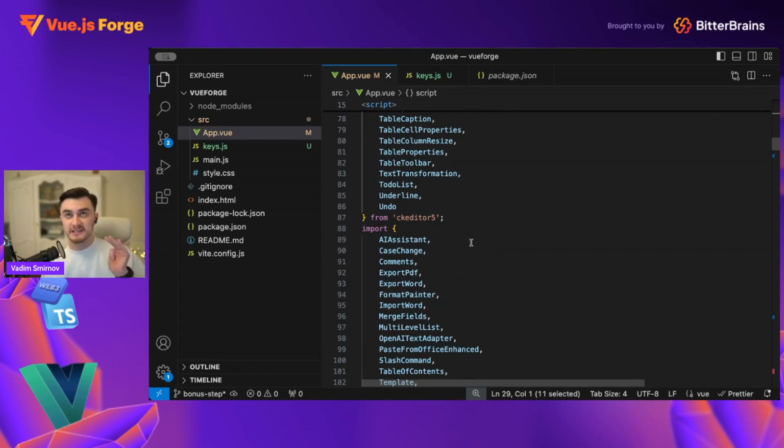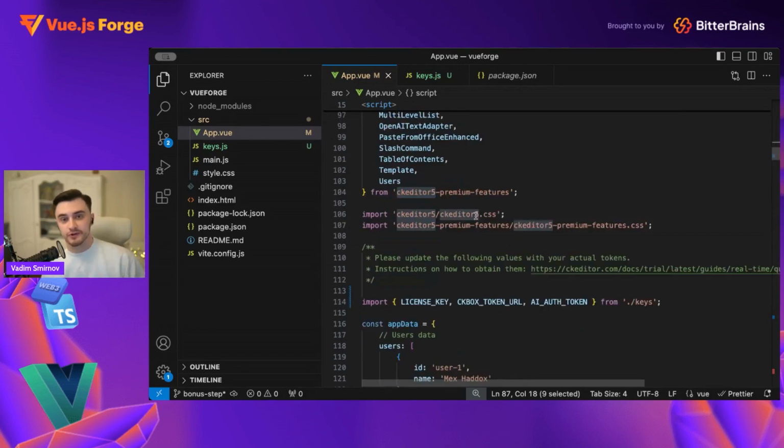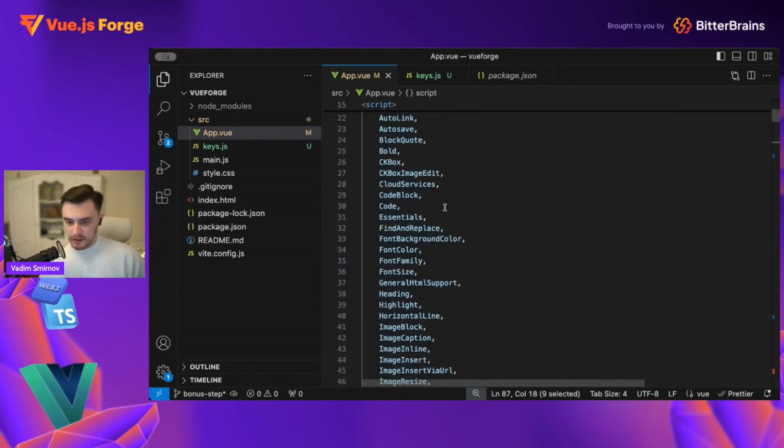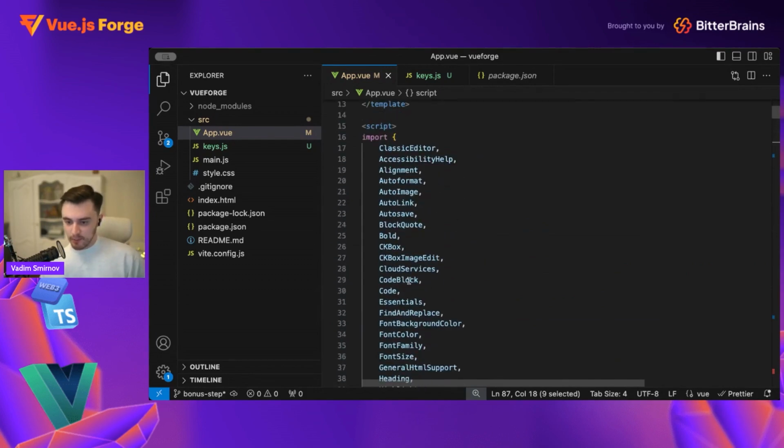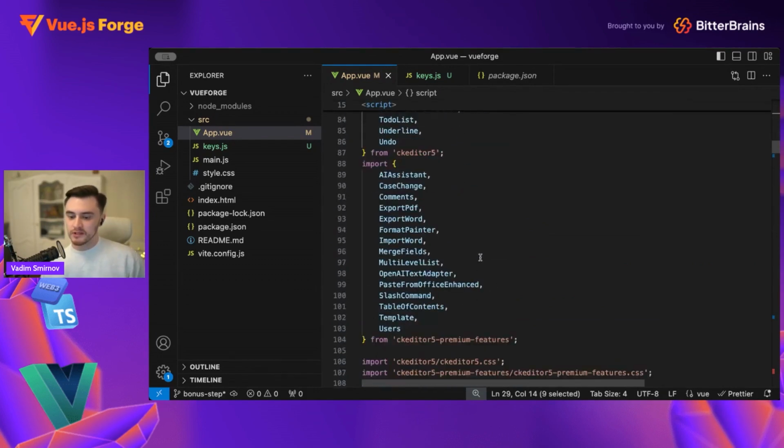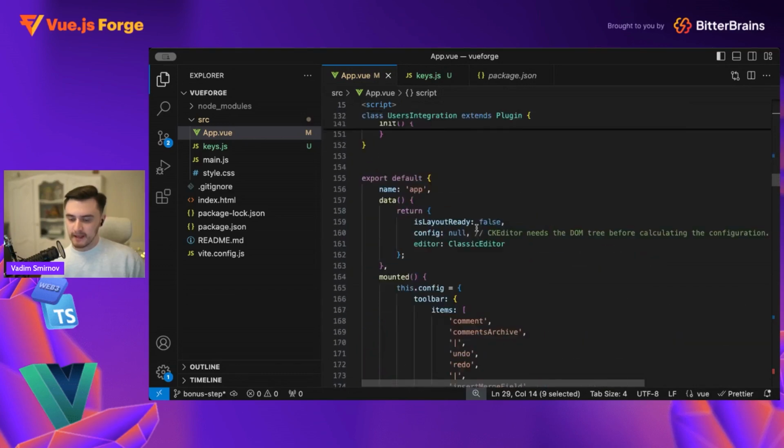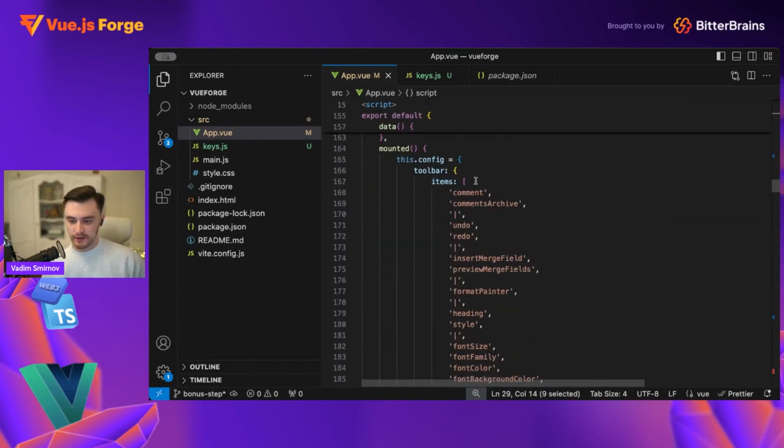It's marked by a star icon if it's premium. If it's not, it's free to use, and you import it from the CKEditor 5 package. If the plugin is marked with the star icon, you import it from the premium features package. Once the plugin is imported, all we need to do is add it to the toolbar, the items array for the toolbar,